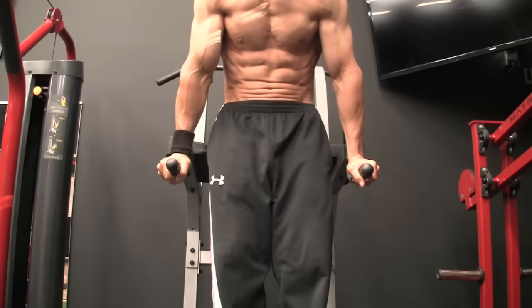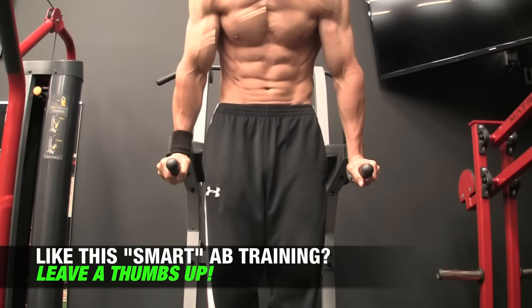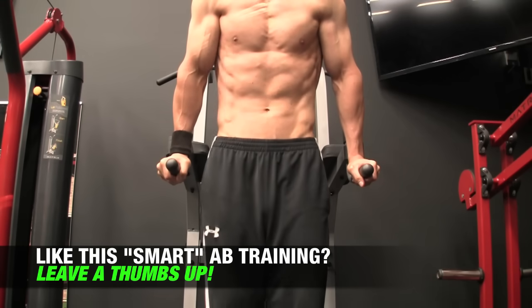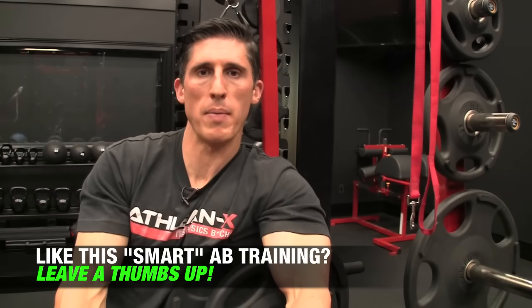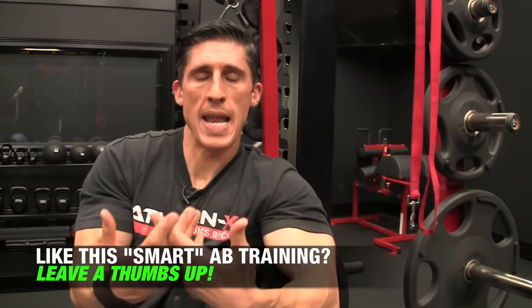And you can see, you get yourself into a Roman chair setup here, or a captain's chair setup, and all you want to do is support the weight of your body by getting your arms outstretched and locked out. It's okay to lock out your elbows here. We don't want to be working the triceps. So get your arms locked out, use the stability of your shoulders, and now all you're going to do is